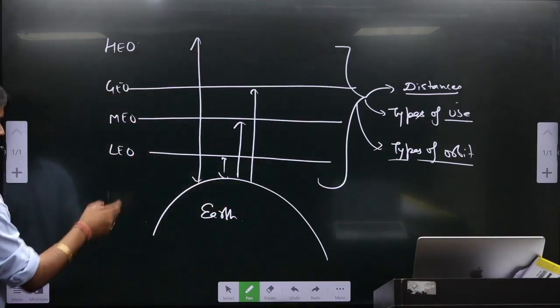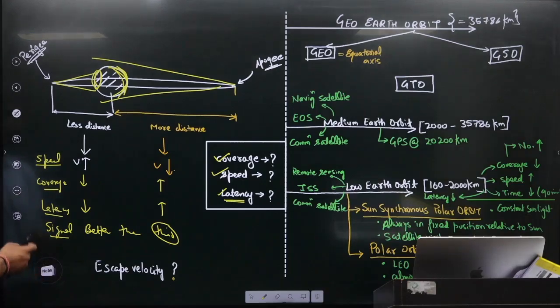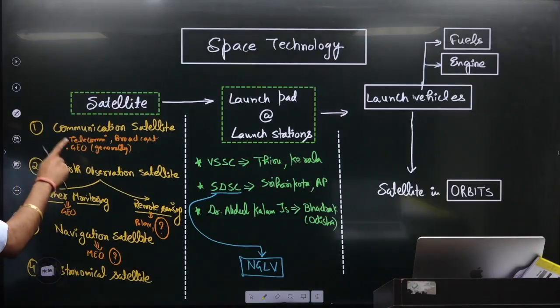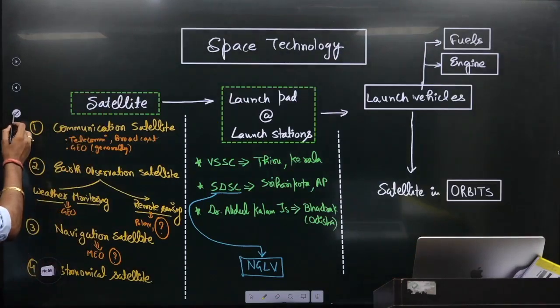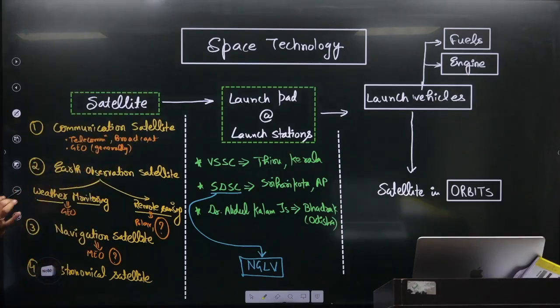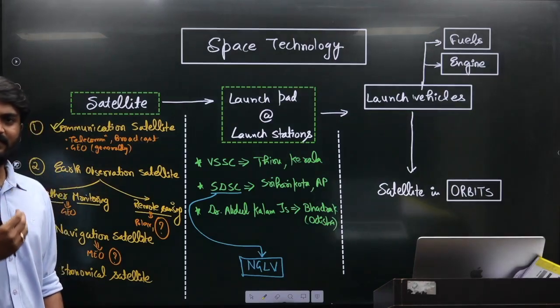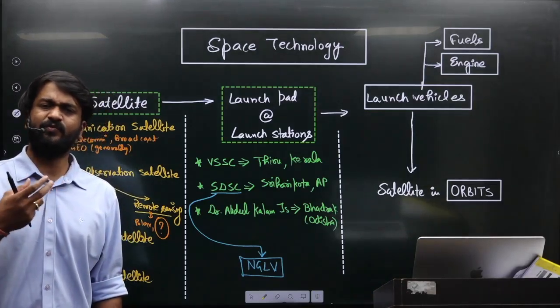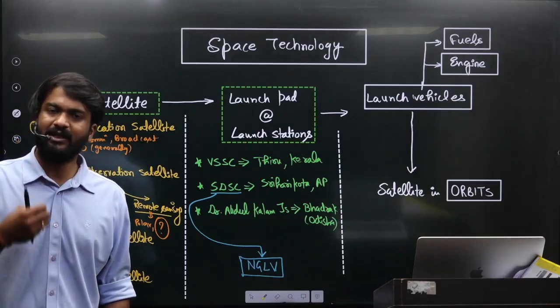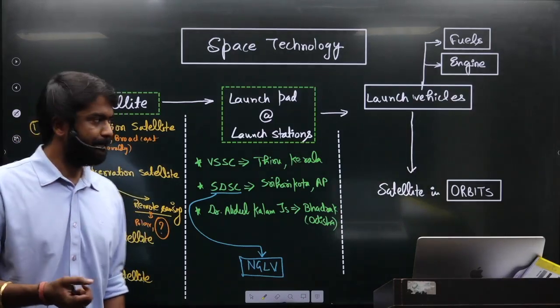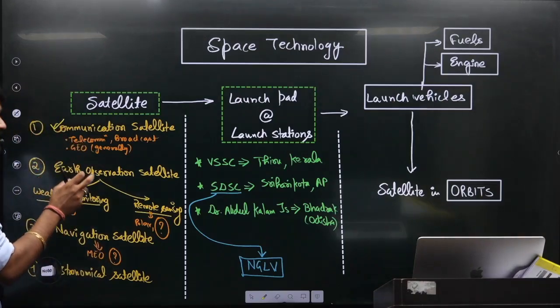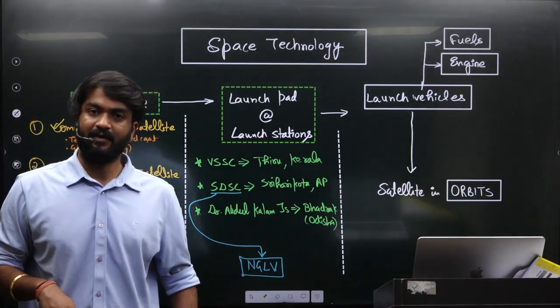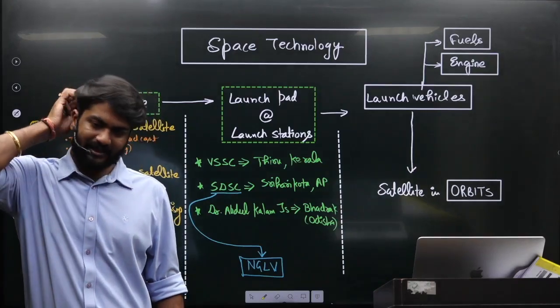But before coming to orbit, again I will take you back to the satellites, or the types of satellites. Just focus upon this slide now. See, the first category of satellite is the communication satellite. Communication satellite, where we send the signal, we receive the signal, there is a transporter, there is a receiver, and that is generally used for broadcasting or telecommunication. Now in this, generally we need a very large coverage, because we cannot put multiple satellites for,